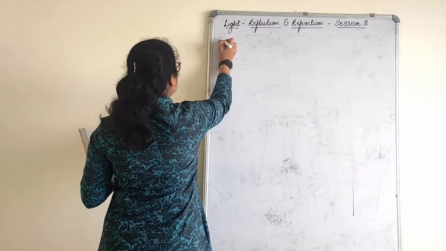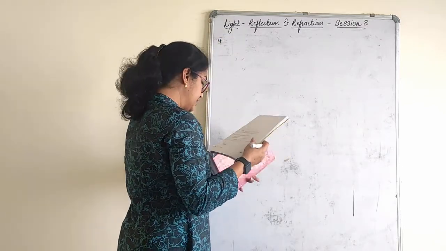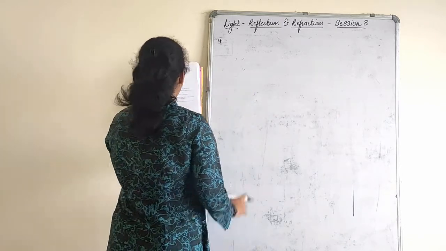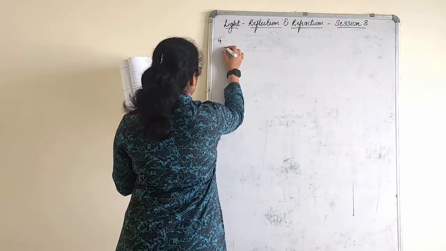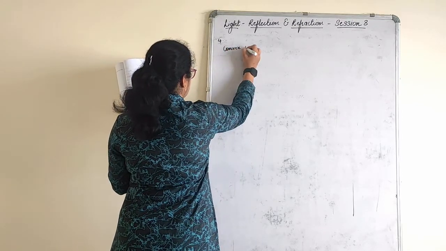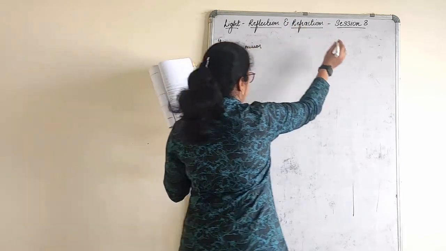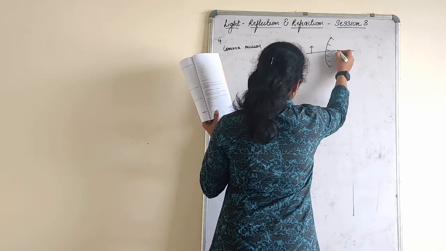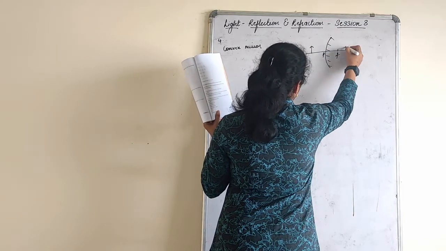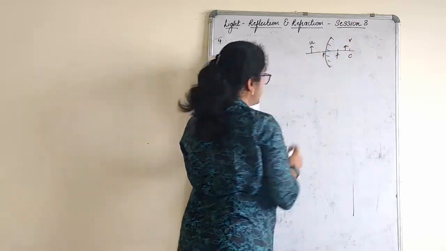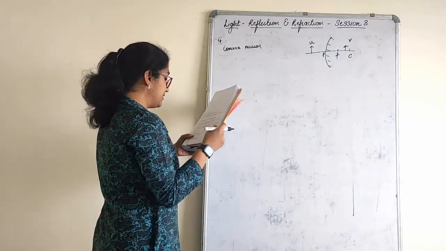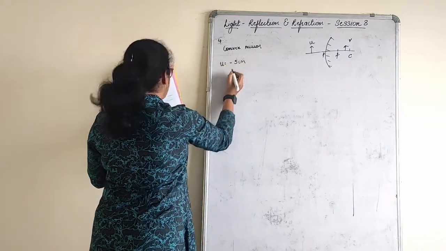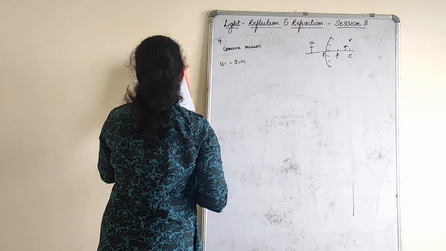Question number 14, for me it is 4. An object placed 5 centimeter is placed at a distance of 20 centimeter in front of a convex mirror. Convex mirror again. Let's quickly have this: this is pole, this is F, this is curvature, this is U, and this is V. An object 5 centimeter, so U is equal to 5 centimeter. Object, that is Y minus. At a distance of 20 centimeter.